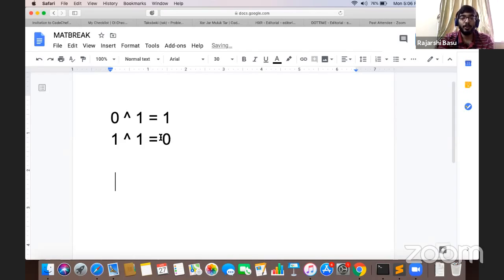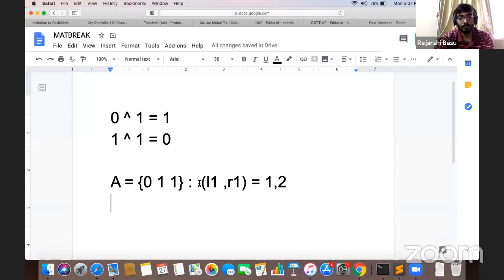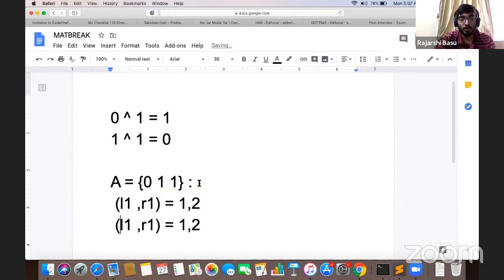So what do we effectively have to do? Initially, let's say our array was 0 1 1 0 1, and then we are given some L1, R1 indices, right? So let's take an example. Let's make this a 3-element array, just to give a simpler example. L1 R1 is, let's say, 1 comma 2. L2 R2 is, let's say, 1 comma 3, and L3 R3 is just, let's say, 3 comma 3. Okay, now